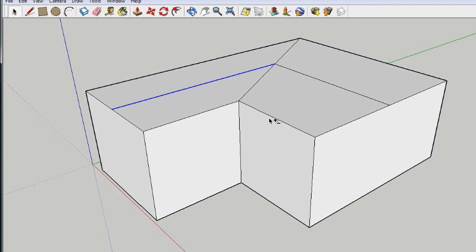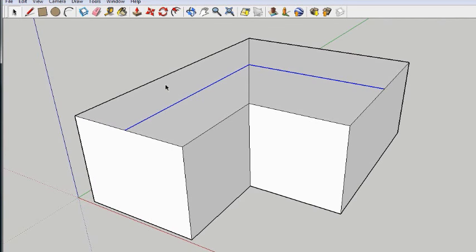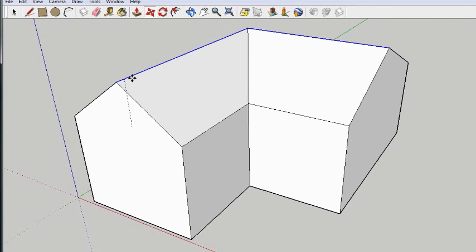This allows you to select other entities and deselect them as well while holding shift. Add the other ridge line to your selection, making sure only these two edges are selected. Now you can use the Move tool to pull up the roof. When you're happy with your roof, use the Select tool and click away from your model to deselect the ridge